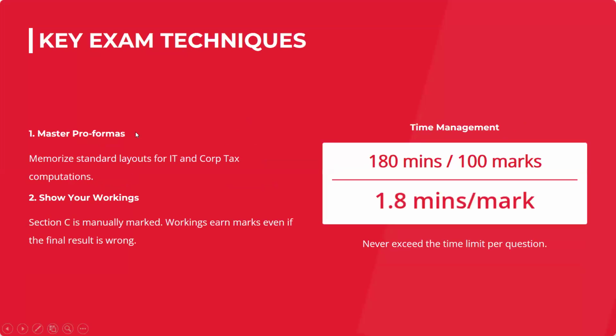Every topic is here. Now, this is related to examination technique. For a 100-marker, you have to spend 1.8 minutes on every mark. This is also not something that should be strictly followed. You can manage your time yourself. If a student can do a question in seconds, that time is saved. I'll share my personal experience: when I was an ACCA tax student, I gave my examination, which was 3 hours 20 minutes at that time, and I completed it in 1 hour 20 minutes. So lots of time was saved.